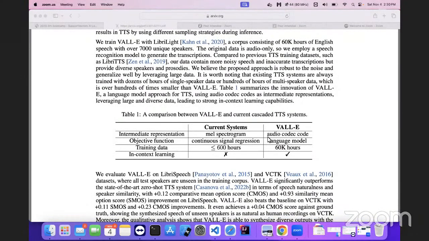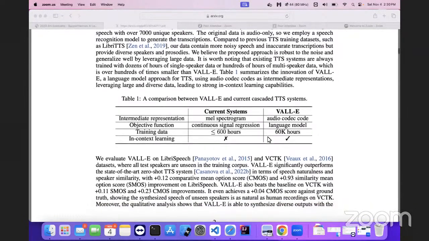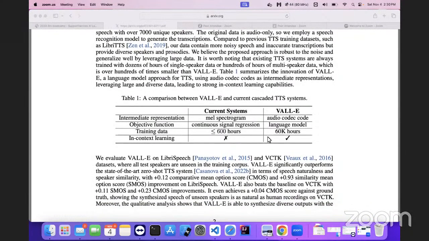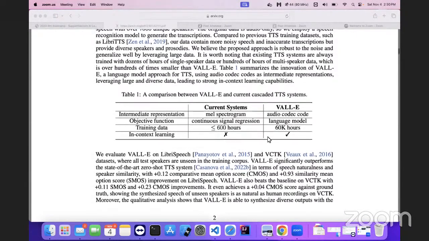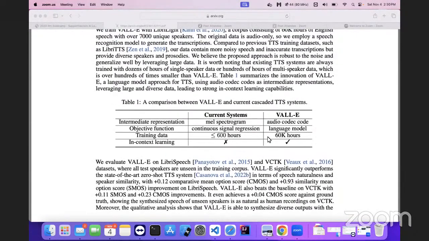They have basically reused whatever Meta came up with. So Meta actually published a model called EnCodec. I think that is a very fundamental contribution in this space that everybody should know. The EnCodec work is basically an audio compression